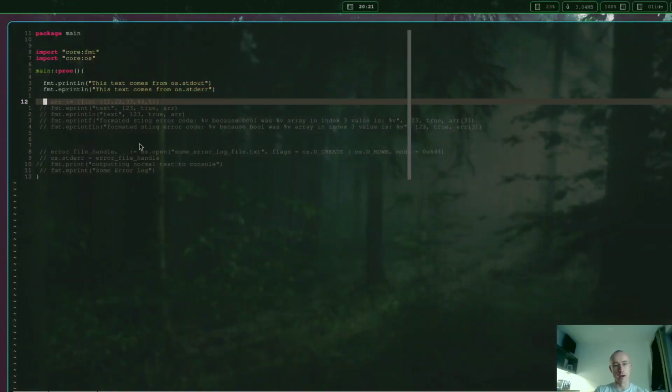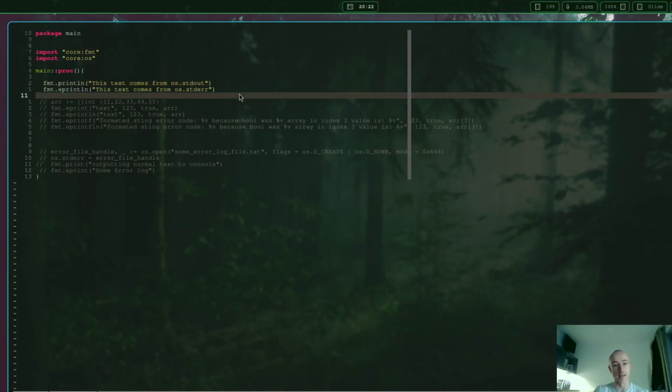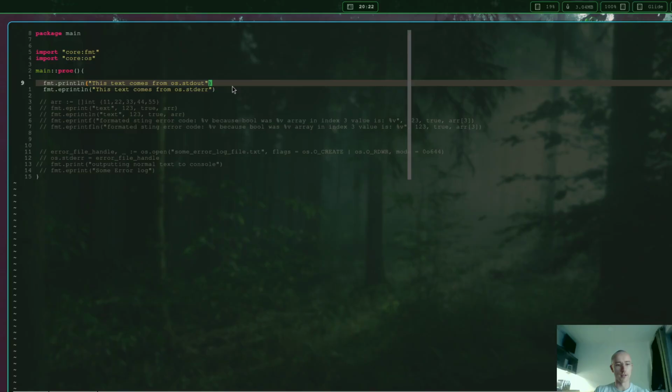Inside of the little program I'll be running, we have the fmt package, and then again, we have os. We're going to be using os later on to redirect the output of standard error. But if we just use the regular print function and the regular eprint function, we can see the regular print function says this comes from standard out, whilst the eprint function says it comes from standard error. And if we just run this right now,